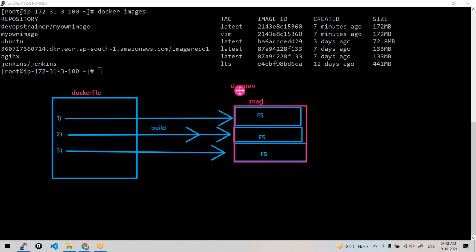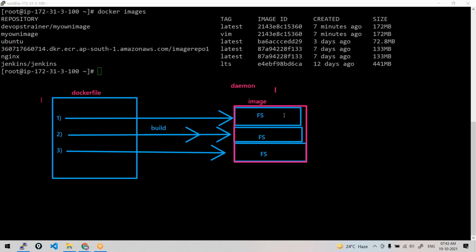In the earlier process also, the same thing happens when you are committing the container. But in this method, you can visualize it. I can show you these steps in this method. So just remember this diagram. Whenever you write a Dockerfile, you put some Docker instructions there and you build it. What happens when you build a Dockerfile? For every Docker instruction you have, a file system layer will be created, and those file system layers piled one above the other are called your image. That's nothing but your image.